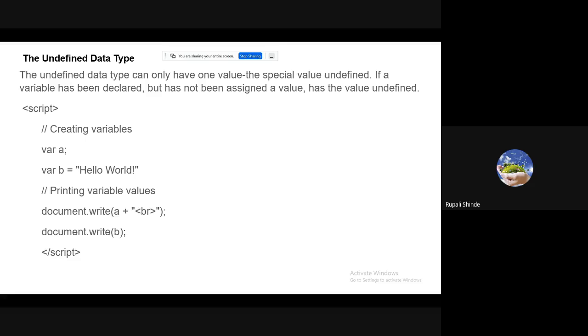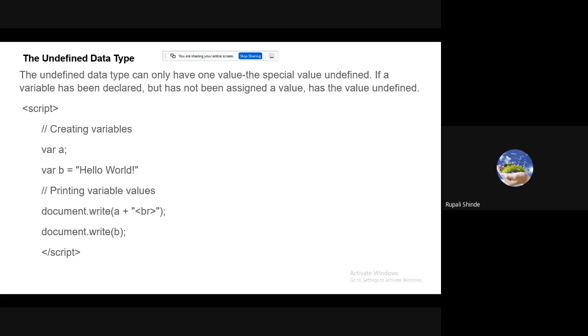As everybody knows, in the C language, whenever we use a variable that is not declared, the compiler will give you the error undefined symbol. Undefined symbol means that particular symbol is not defined. So same here, if we create a variable and do not assign any value, then the undefined value is there for that respective variable.